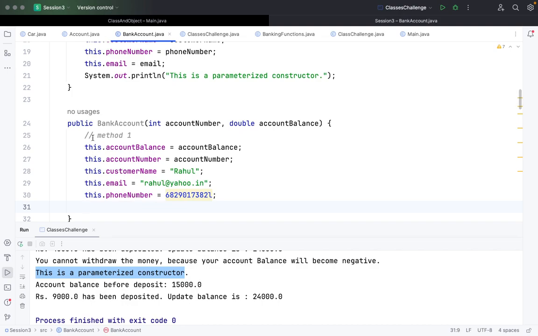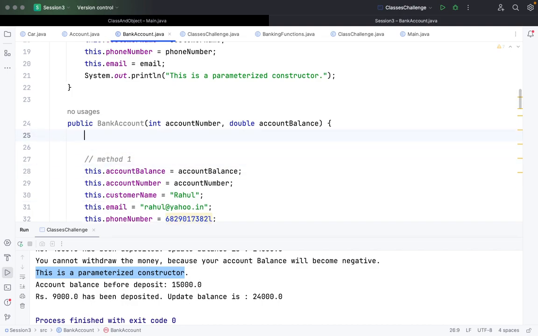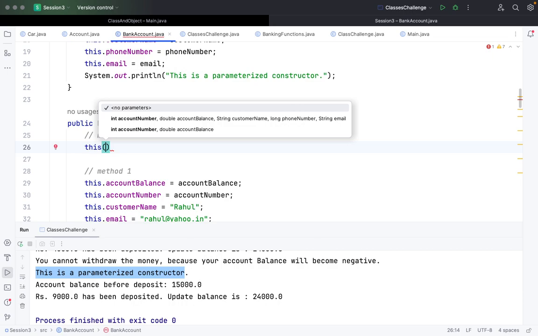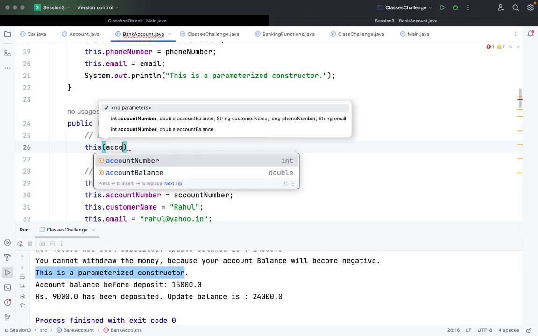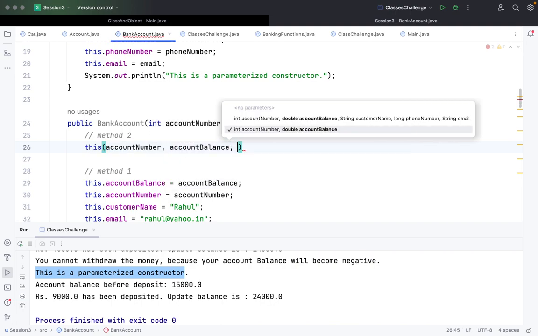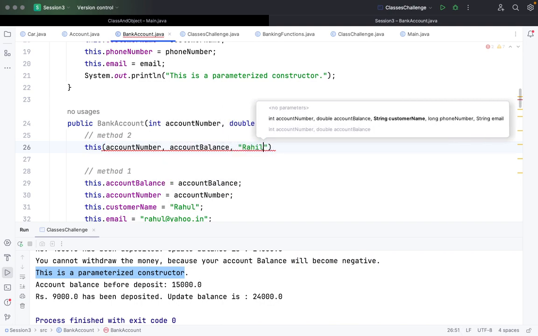I have to do it using method 2, and I have to use the this keyword. To use constructor chaining, I use this as a function, and it has to be the first line of executable code. So I will pass account number, account balance, then Rahul,